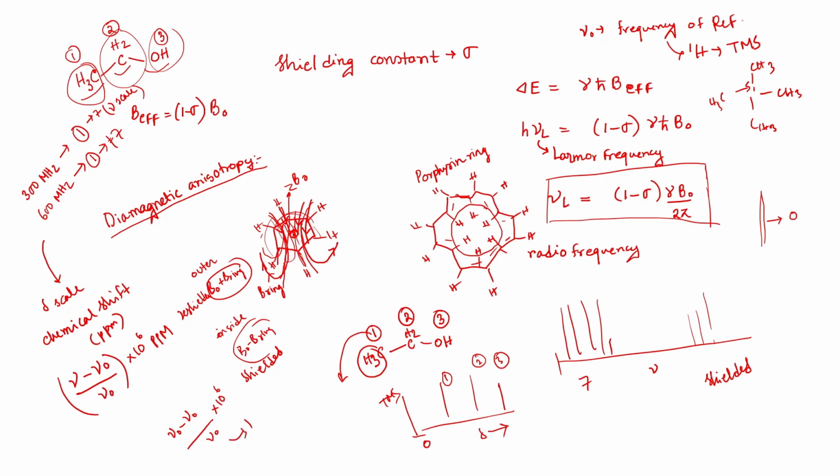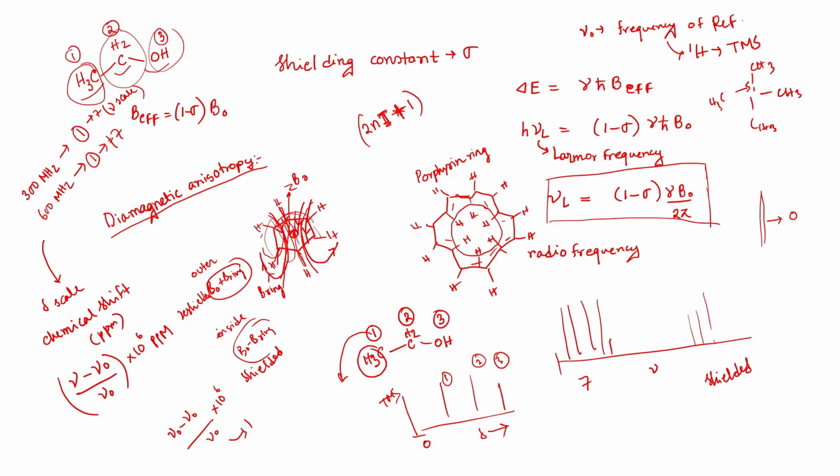Now, actually, this is not the case. You are not going to get only one signal line. You already know that this is going to follow a rule, that is the splitting rule, 2nI plus 1, right? I here you take as nuclear spin, and that angular momentum is different. But what I am trying to say is how that has come. That is coming from the coupling between the protons.